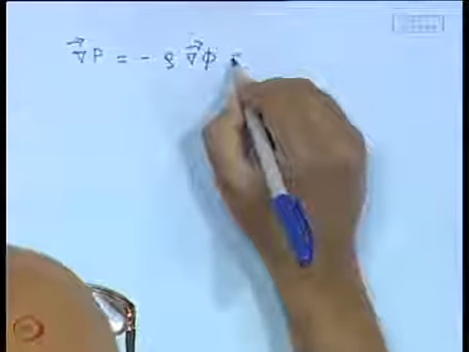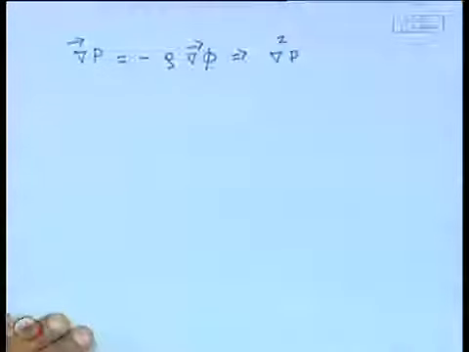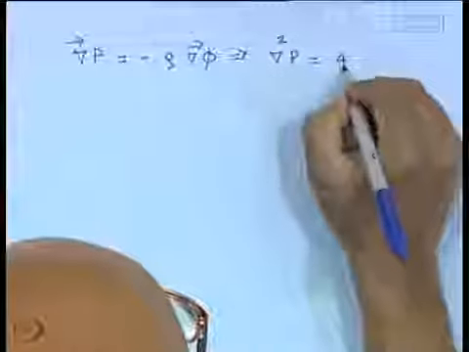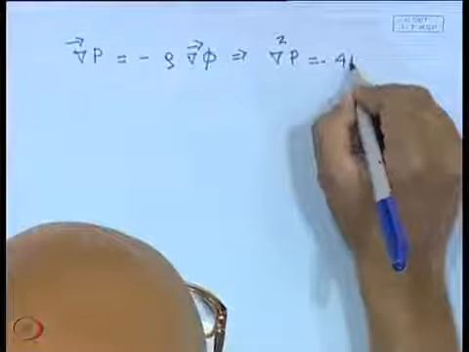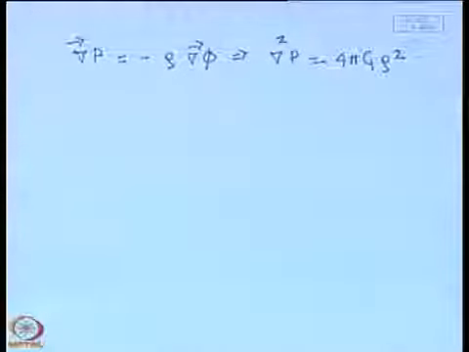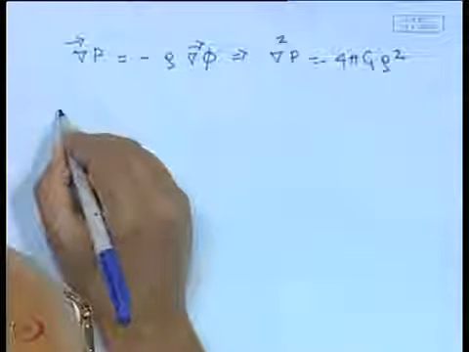Further, I could take a divergence of this, and we are led to the equation that del square P. Now, we have assumed that rho is a constant, so I can take it outside. So, I have del square of phi. So, this is equal to minus 4 pi G rho square. And we can write this in spherical polar coordinates. So, if I write it in spherical polar coordinates, what I have is 1 by r squared